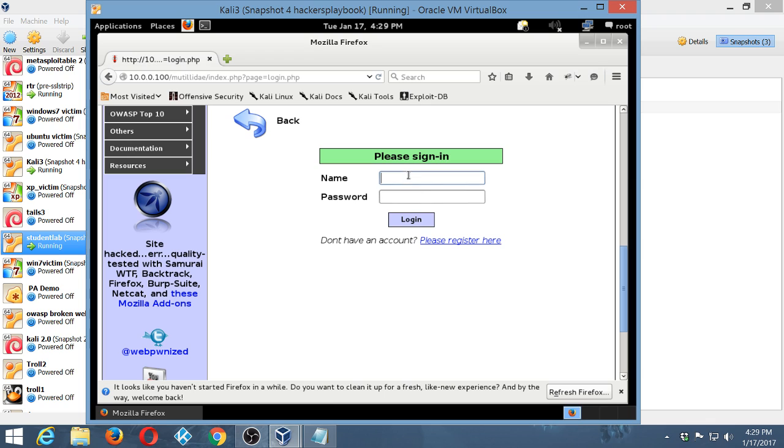and I look under the name box and I say, all right, I know the database is looking for some sort of true statement. So what I can say is I can give it a single quote to throw it into its little fit, and then I can say or to give another conditional expression, and I can say 1 equals 1. Now does 1 always equal 1? Yes. In mathematics, 1 equals 1, 2 equals 2, 3 equals 3, and so on and so forth. and then I can put a dash space at the end of it, and that will basically comment out the